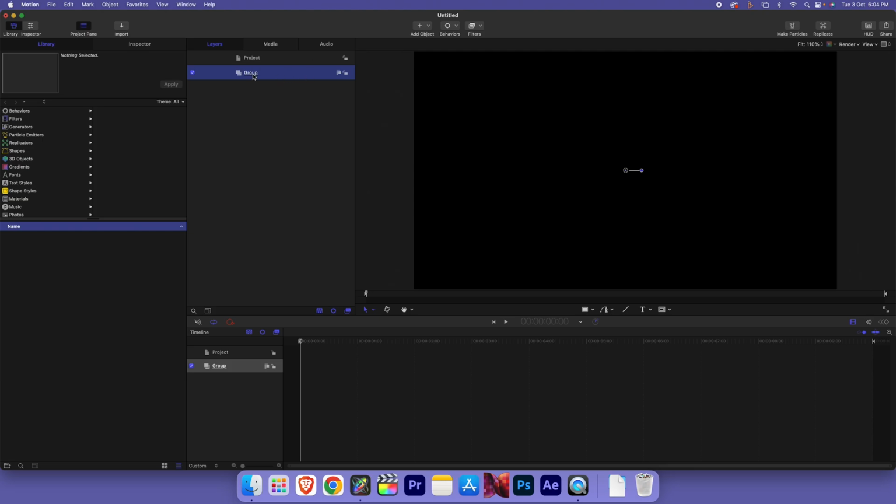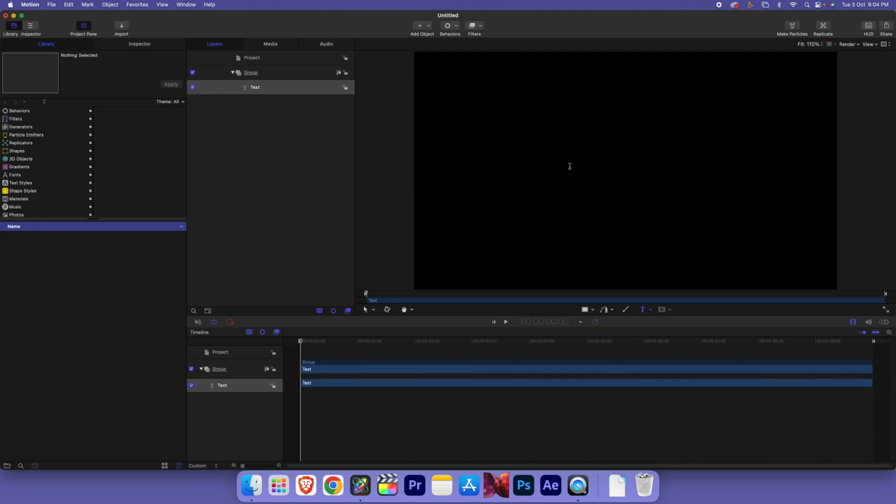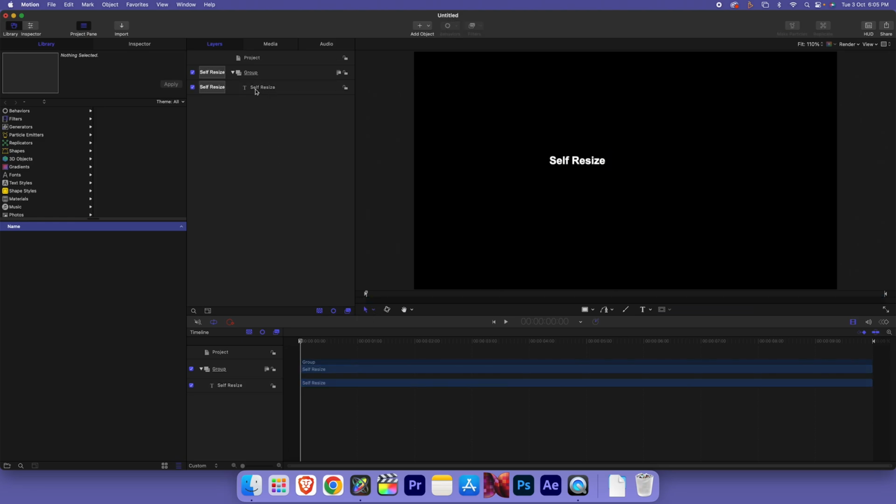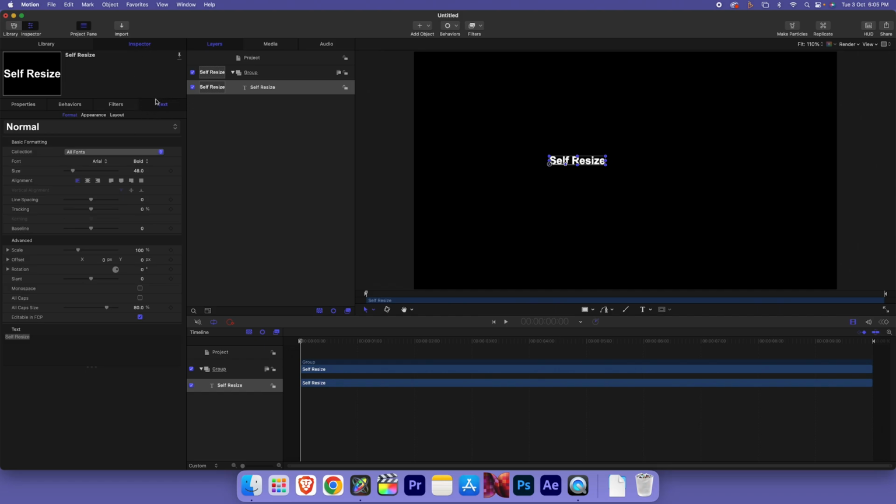So now select this group layer and select the text tool over here and click on this canvas and type your text. Once you're done typing, just click on this select tool over here, and now select this text layer, and from the inspector tab come over here to this text parameter and you can adjust some of the settings. I'm just going to increase the size, and also I'm going to change this alignment to center, and I'm just going to reposition it to center it over here so that you can see it